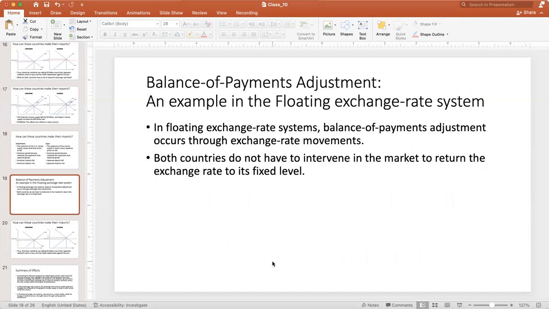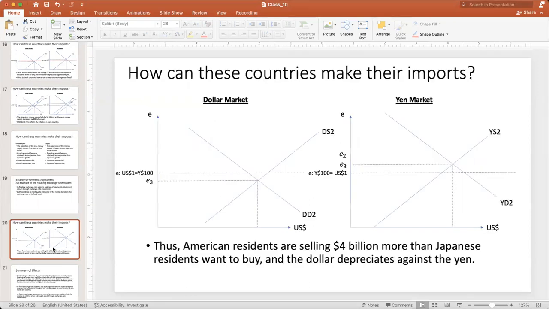But what happens if we had the floating exchange rate system instead of a fixed exchange rate system? Well, in a floating exchange rate system, remember, the balance of payments adjustment occurs through the exchange rate movements. So both countries do not have to intervene in the market to return the exchange rate to its fixed level. So if this is the case, we have the final equilibrium here, in which the